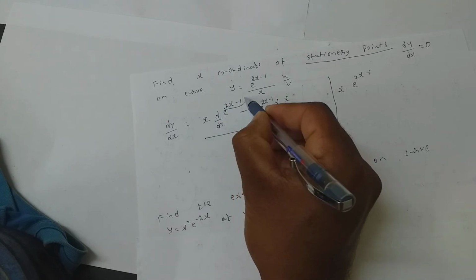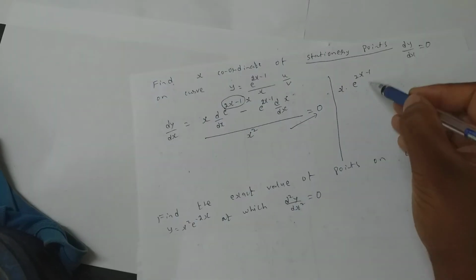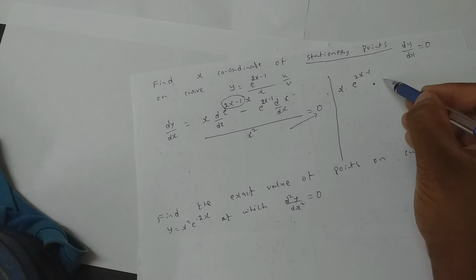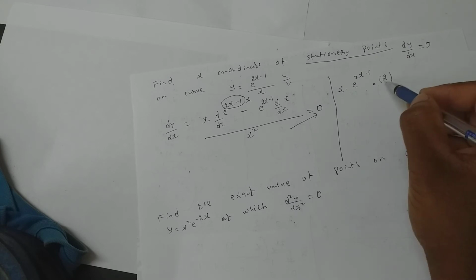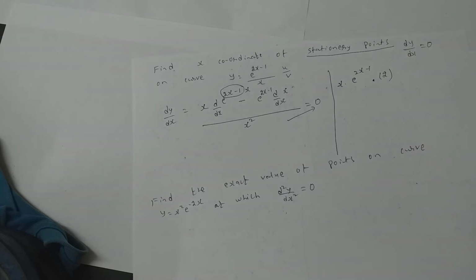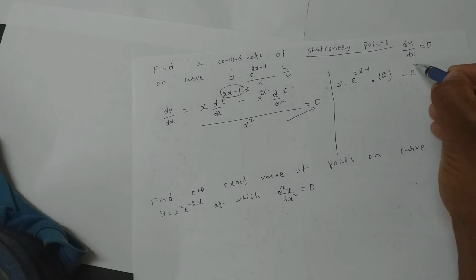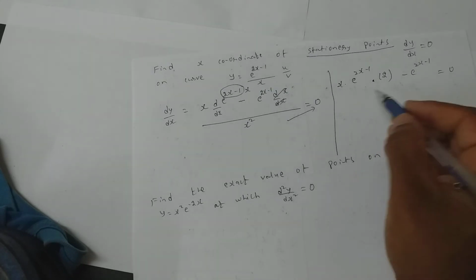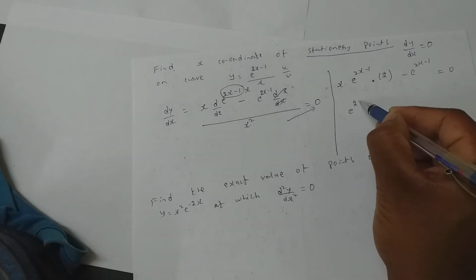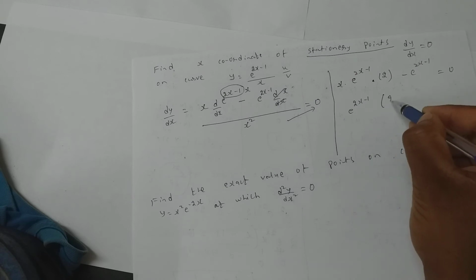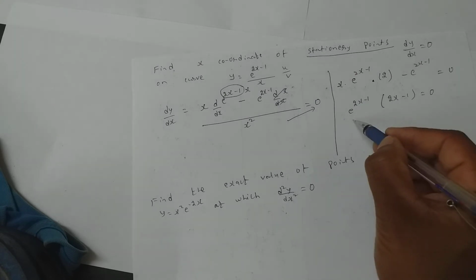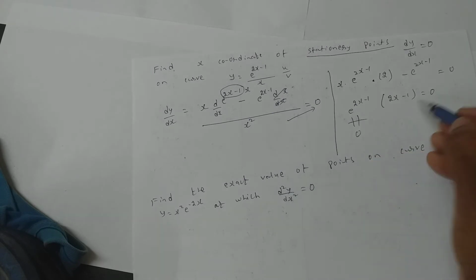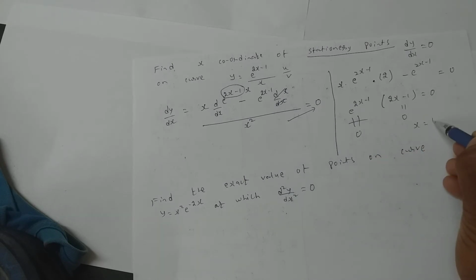You need to assume it to be x. So e power x is e power x into d by dx of 2x minus 1, which is 2. From now onwards I am writing directly the differentiation of the internal part, or whatever you have assumed for x, minus e power 2x minus 1 dx gone, equal to 0. To find the x value, e power 2x minus 1 needs to be taken common, into 2x minus 1 equal to 0. This will never be 0. So when this is equal to 0, my x value I get to be half.